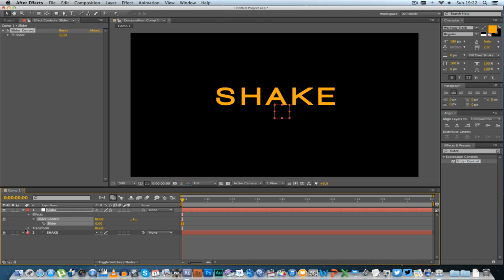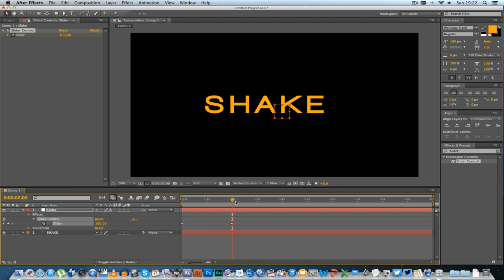So let's go to the first frame and enable the stopwatch here. I'm going to create a keyframe at 0. Let's go to around 2 seconds, and let's up this value to 100, and then let's animate this down to 0 again. Let's play this back, and now you can see it's actually fading in the shake effect, and it